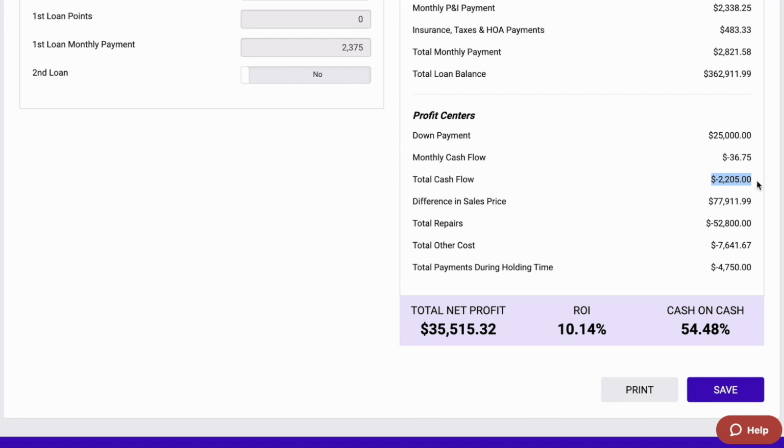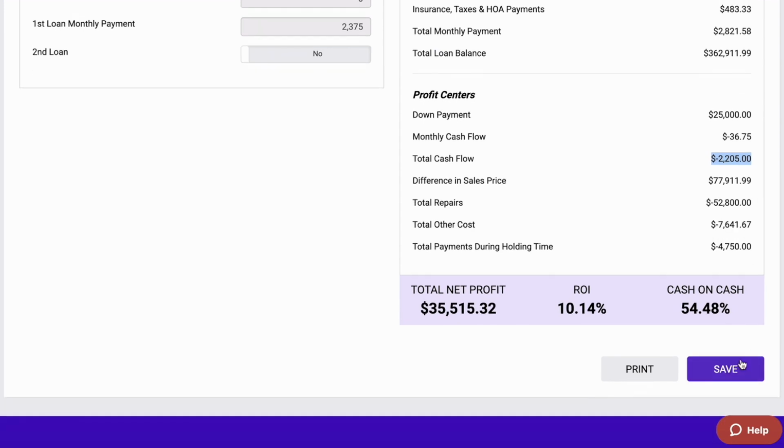Now I have the option to print this. I can save this particular offer and review this analysis as needed. So this is how you're going to purchase the property, and this is how you're going to sell or finance